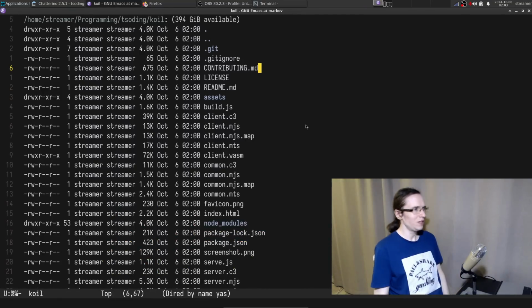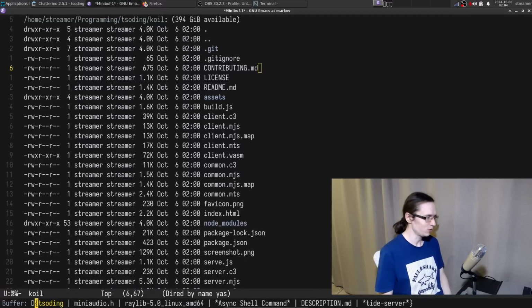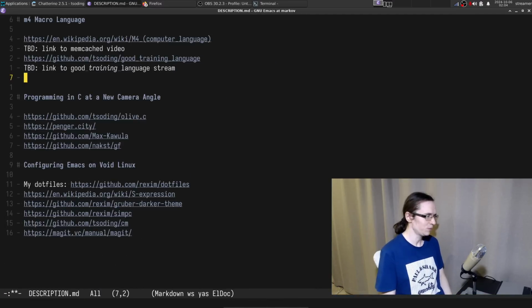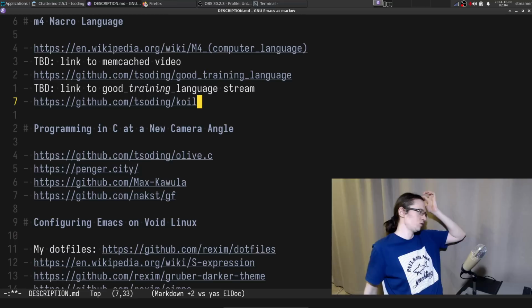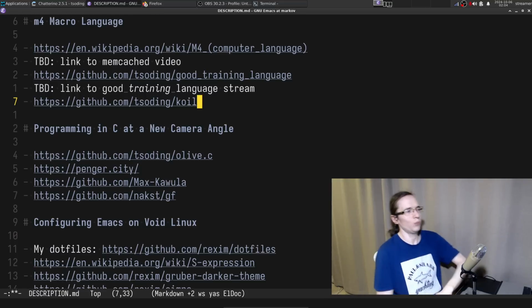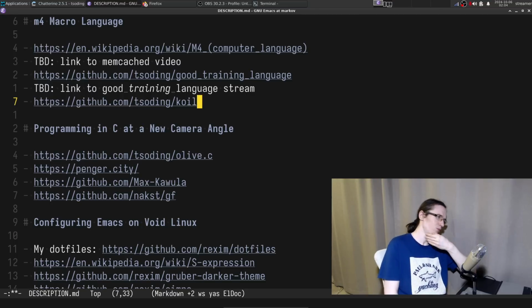Anyways, I'm gonna give the link to Coil, and soon we're gonna get back to the development on Coil, by the way, because we're pretty close to this thing being rewritten in C3. We're gonna do some cool streams on that, right? We're gonna write a WebAssembly library for working with WebSockets from scratch. That's one of the things we can do.